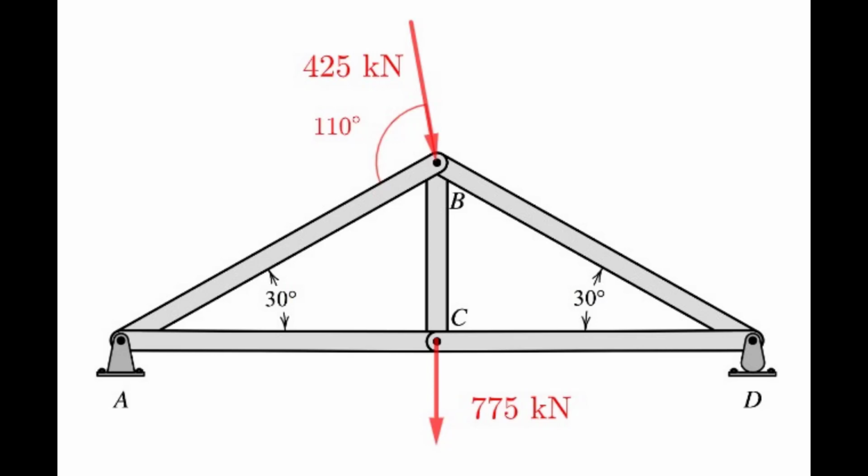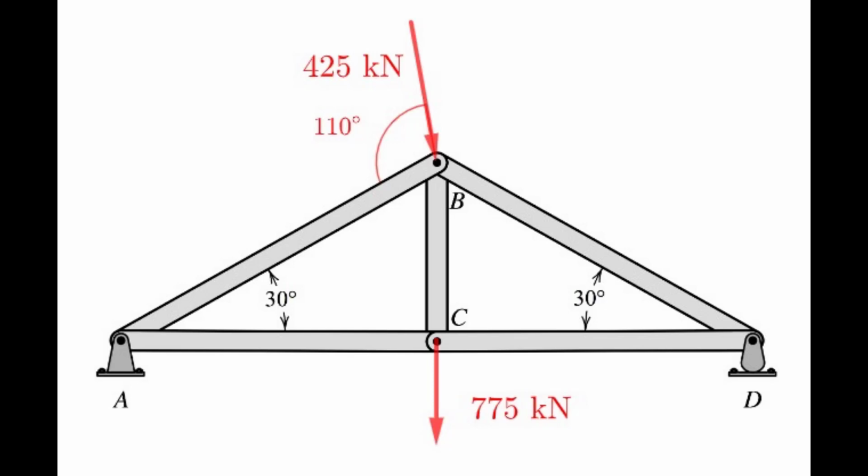Alright, we've got a truss we're given here, and it is a simple truss. We've got a pin support at A and a roller support at D. It has two forces applied to it. You've got a 425 kilonewton force, at 110 degrees to the AB member, and you also have a force on joint C going straight down of